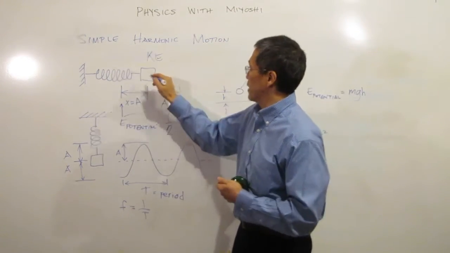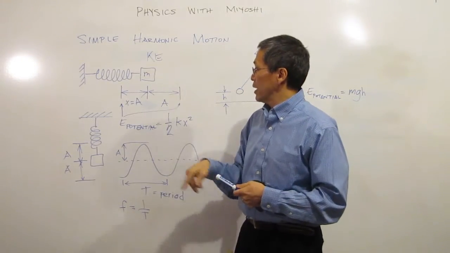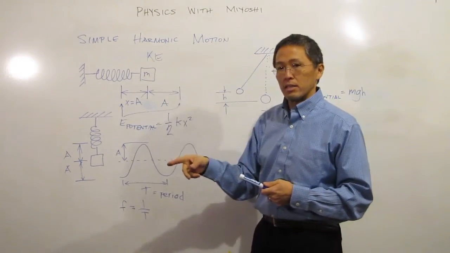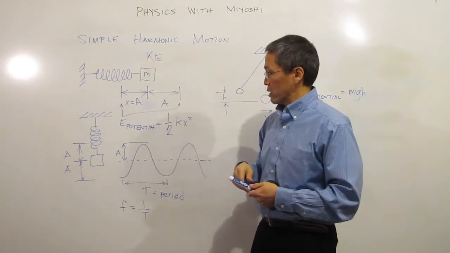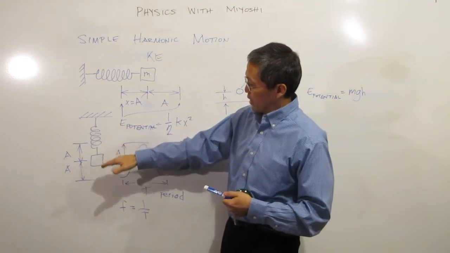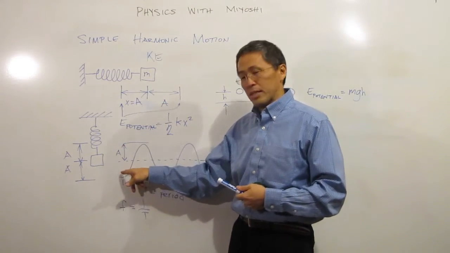So if I have a mass m connected to that spring, I can see that it's going to go back and forth between kinetic energy, 1/2 mv squared, and potential energy, which is 1/2 kx squared. It's just going to keep going back and forth and back and forth. Another thing to note is something called the period. The period is the time it takes for